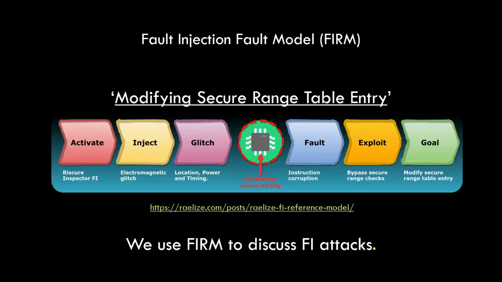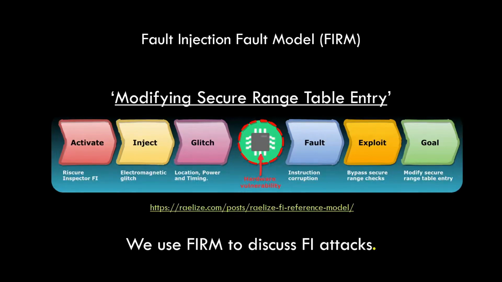Once you shape this glitch in a correct manner, and this will be target dependent, of course, and also dependent on the tooling that you're using, you are able to trigger a hardware vulnerability within the chip. And these types of hardware vulnerabilities, which may be different if you put the probe at a different location, can manifest themselves in different ways within the chip. In our case, we were targeting software, and we know that often when you start injecting these types of glitches, you're causing instruction corruption.